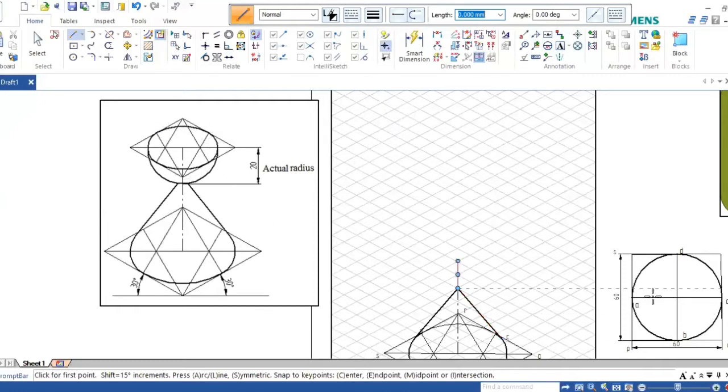square. Similarly, as you have done here for all cylinders, you have to construct first a square, then you have to construct an ellipse. From this point, go this side 20, one, two boxes. From this side, 10, 20, two boxes. From this side, 10, 20, two boxes. From this side, 10, 20, two boxes. Okay, four boxes.